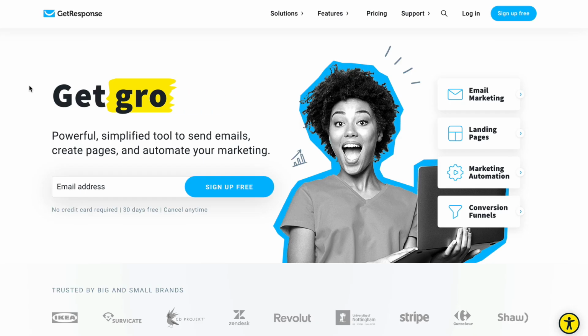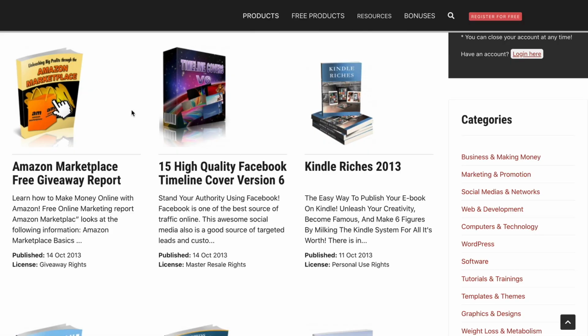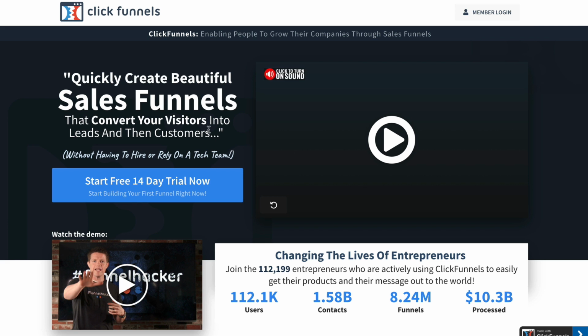So guys, that is the easiest way to go and set up email marketing in your business, and how you can go and collect emails from your blog, or how you can go and create a landing page to collect emails. And you want to make sure you give away a free book. This is extremely important. If you don't have a website, you can use something like ClickFunnels to go and create these as well.